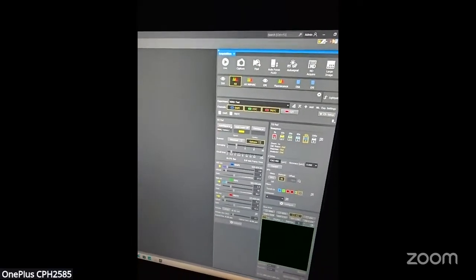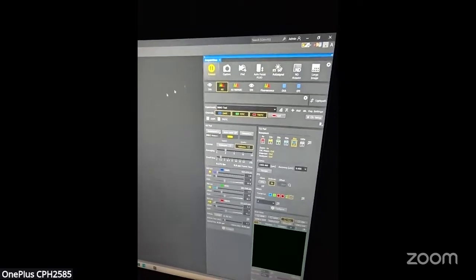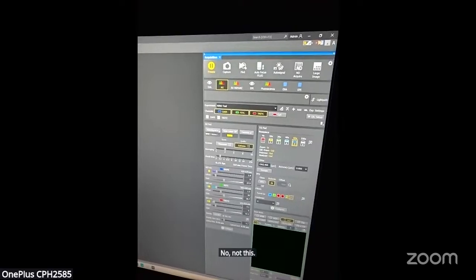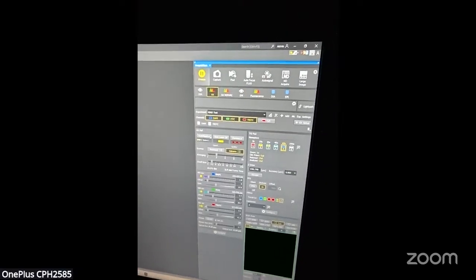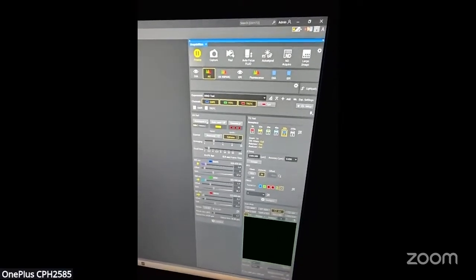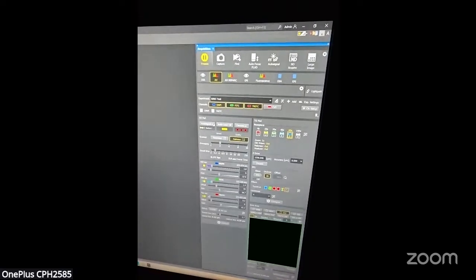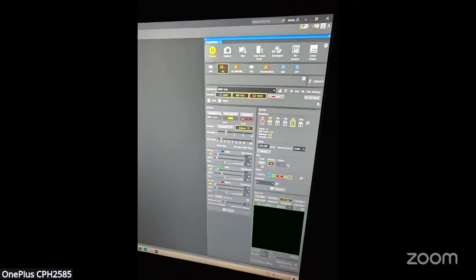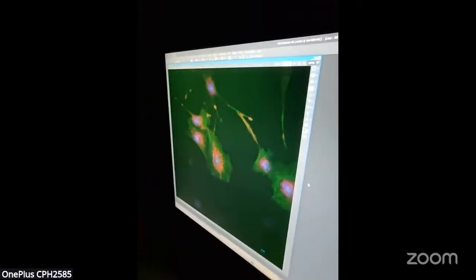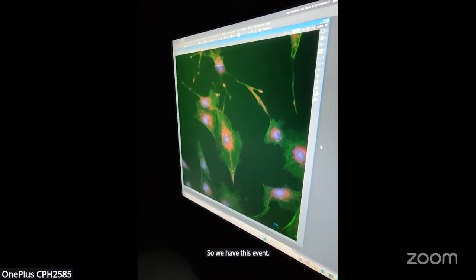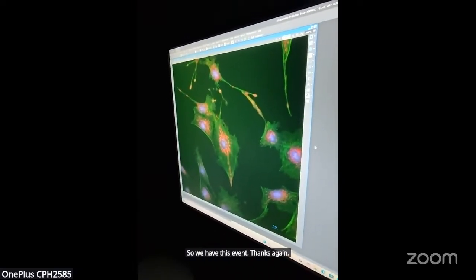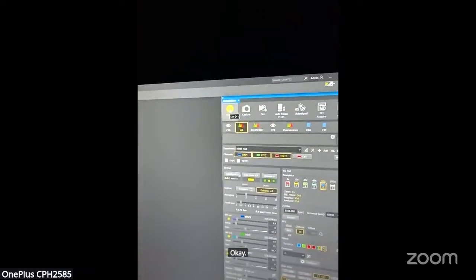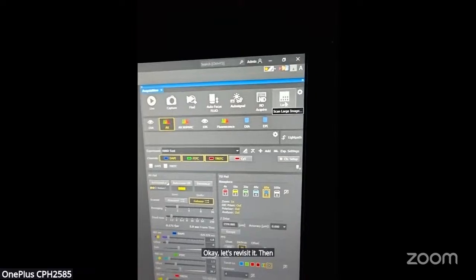Right, close this one also. Okay, so we have visualized the cells again. We'll freeze it, then we'll go to large image.